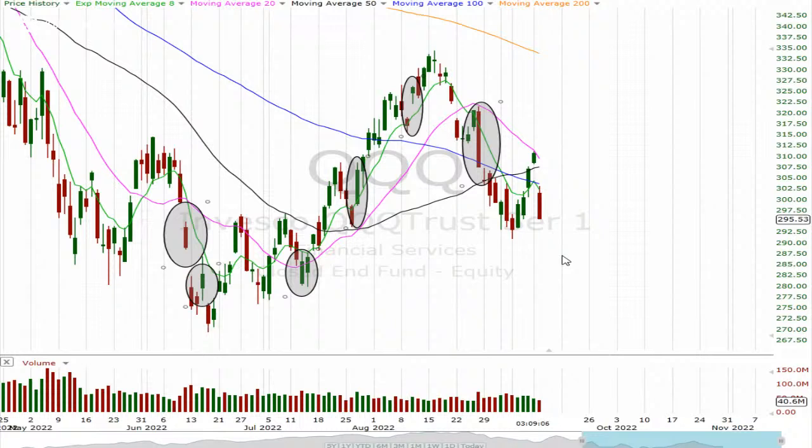So what this is telling me, and one of the things you want to take away from today, is that you just really need to be mindful of your risk ahead of these events, because they're turning into really significant trading days, meaning the volatility is through the roof, and we're seeing some gigantic swings, very, very fast swings too, right? So whether you play options or not, it's important to be mindful that we're seeing this pattern of escalating volatility, increasingly large moves, and you need to be aware of what's coming up on the calendar, and really be mindful of what you're sitting in, what your risk level is, because things can change very, very